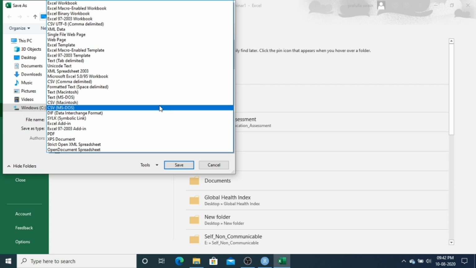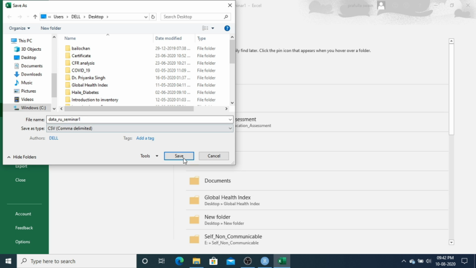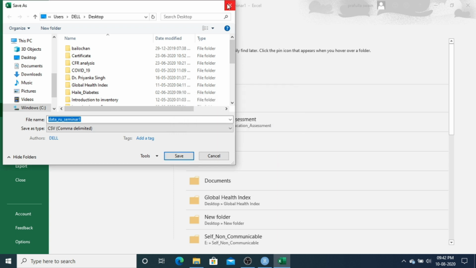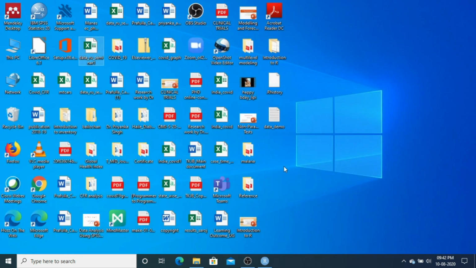Here you can see CSV comma delimited. Suppose this is the form I want. Since it is already saved, I can say no. In this way you can convert your Excel file to CSV comma delimited. So here is the data in CSV form.